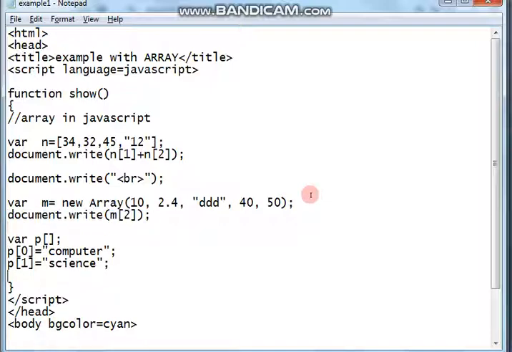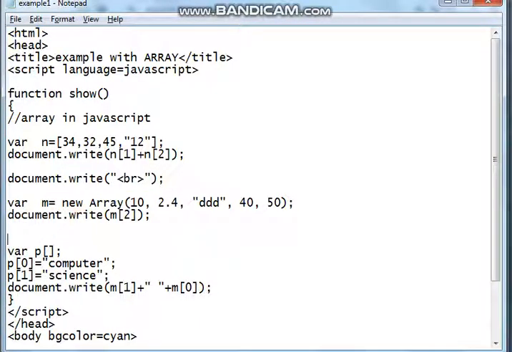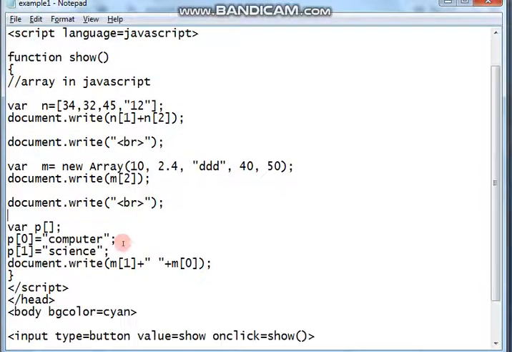So with document.write, I'm printing computer first, thereafter giving a little gap, plus I'm printing m of 0. So I'm printing the first index, that is 1st index first, then 0th index. That is my motto to do. And later, let me keep in between a br, so that it will come to the next line to show you the result. Okay, so let's try this much first.